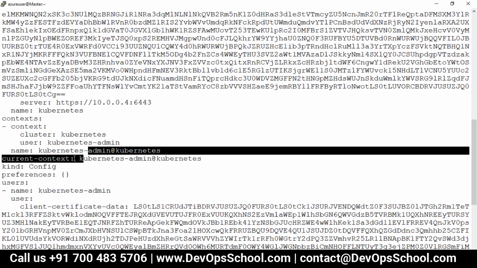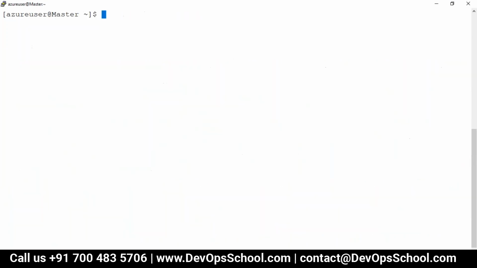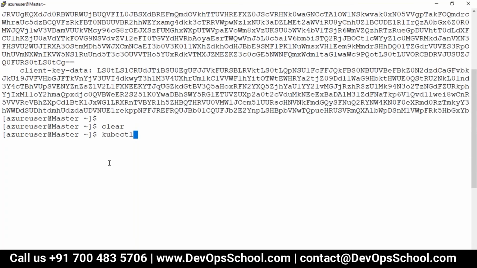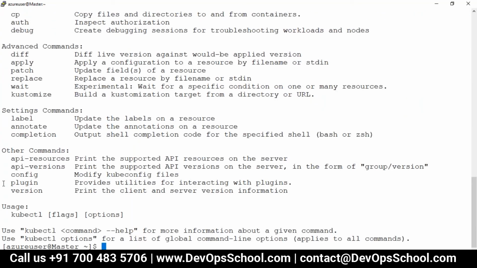But the content is pretty huge. How can I see it in a simple way? So there's a command, guys. I would like you to get comfortable and try to learn from now onwards yourself. You should not ask me questions about which command should be used for what scenarios. Because if you are preparing for the certification, it's an open exam. They will allow you to cheat, but only from their official documents and the command line. So you just run kubectl. I don't know the command, but here there is one config command. Using that, you can modify the Kubernetes config file.